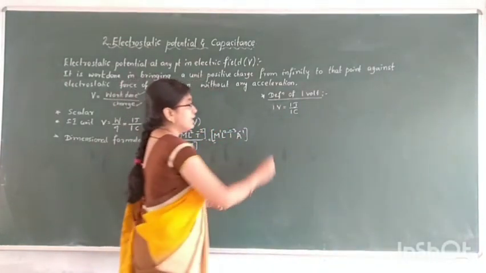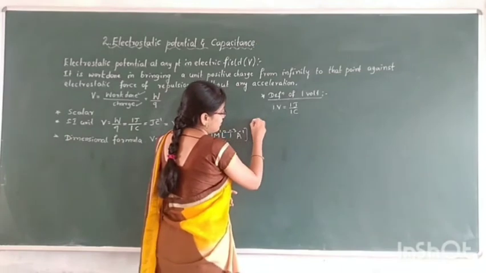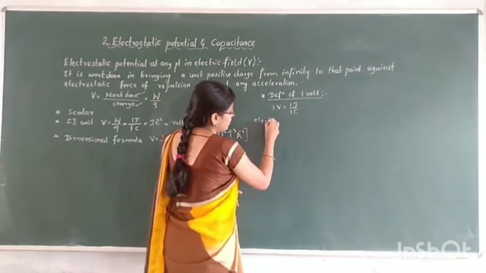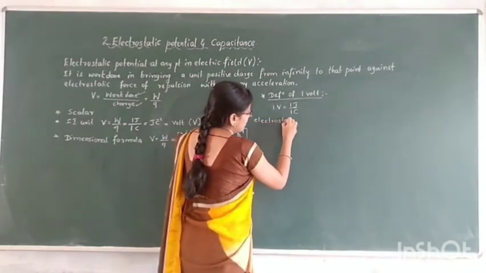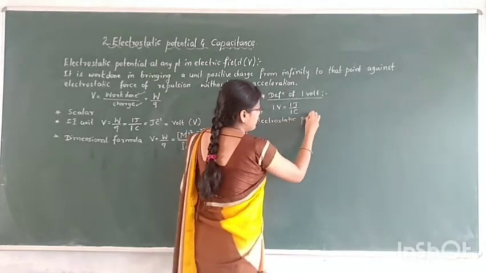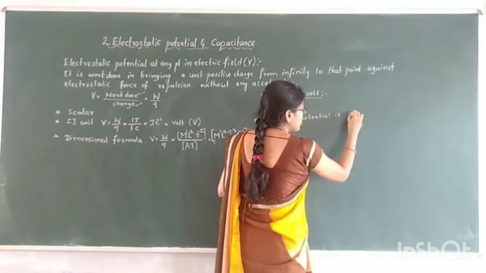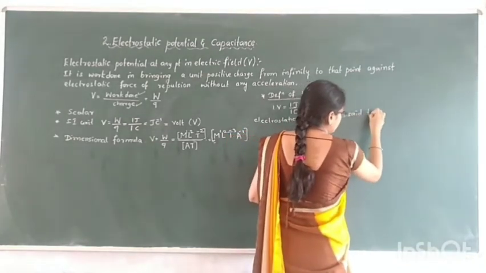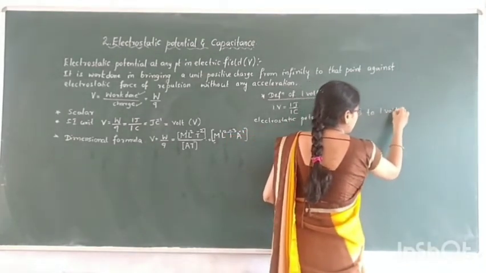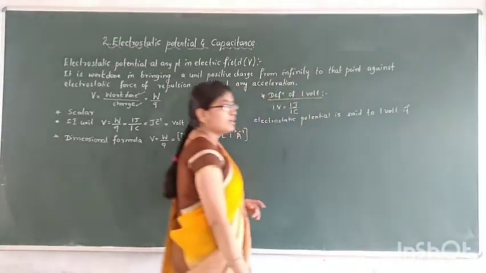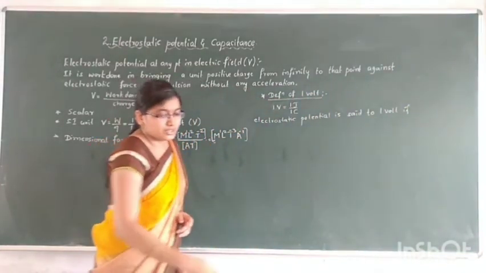Hence, it can be defined as: the electrostatic potential is said to be 1 volt if